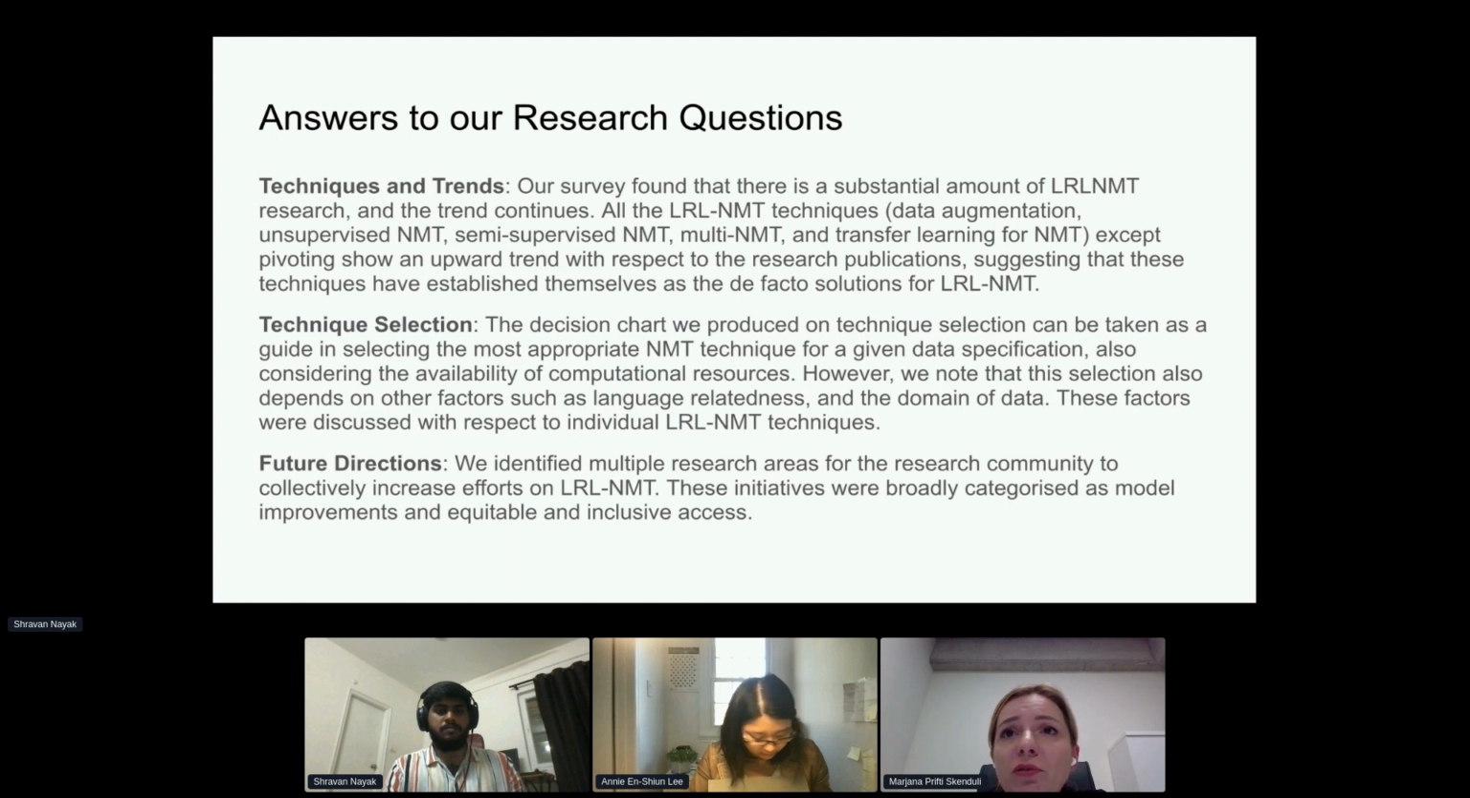With the exception of pivoting, all LRL NMT strategies, from data augmentation to unsupervised, semi-supervised, multilingual NMT, and transfer learning, exhibit an upward trend in relation to research publications, indicating that these techniques have become the de facto solutions with regard to the LRL NMT task. Well, if we go to the technique selection, which again remains a solid